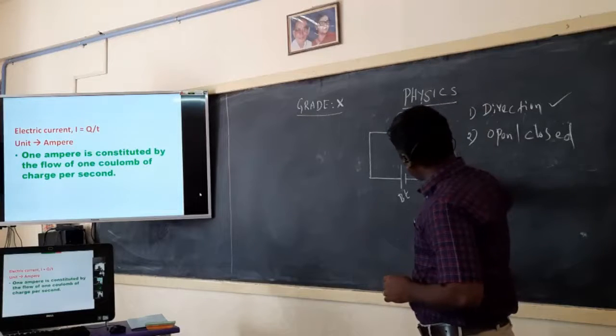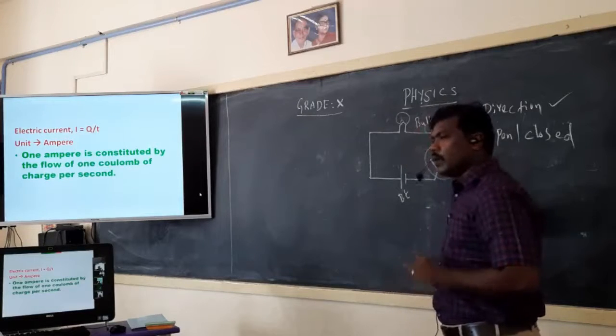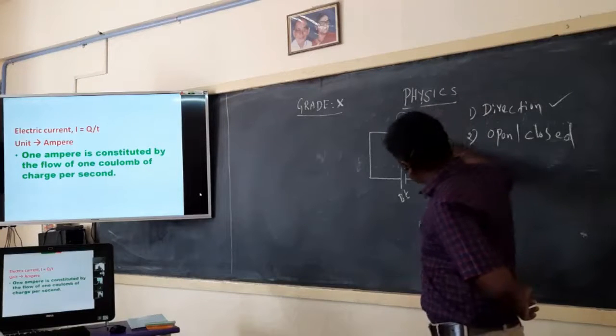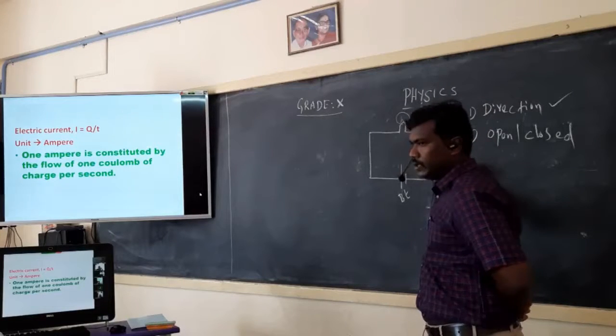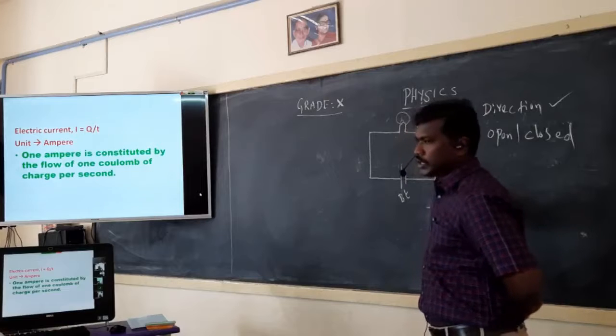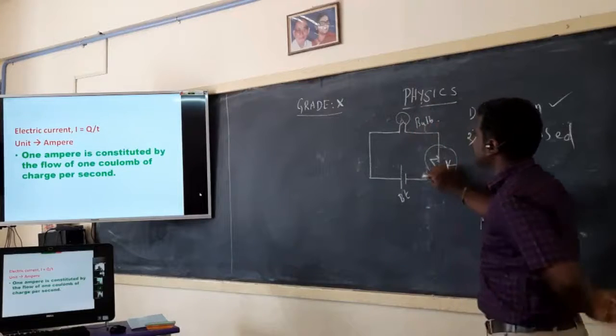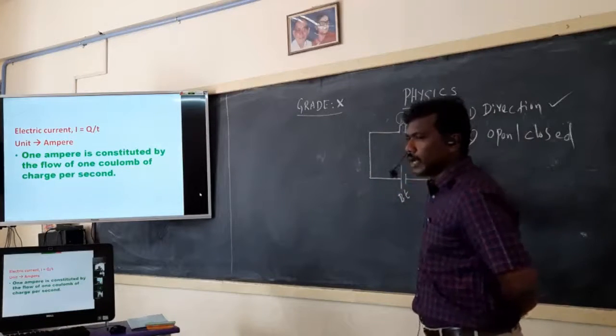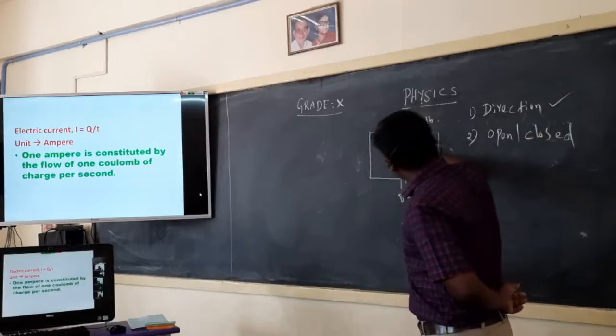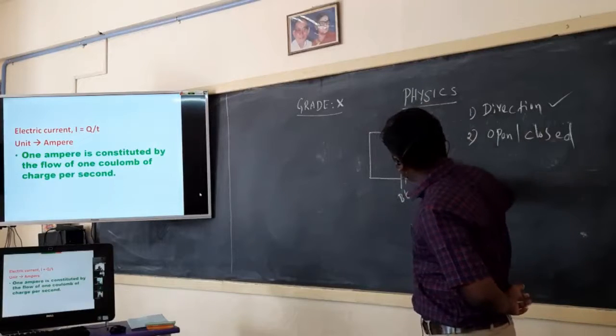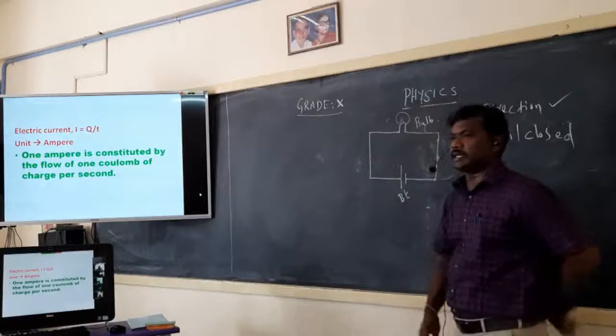If it is in an open condition, we call it an open circuit. When you switch it on, you lock the key, and that is called a closed circuit. At that time only, the charges can flow through the circuit. Now, without the key, I am going to explain the direction of flow of the charges.